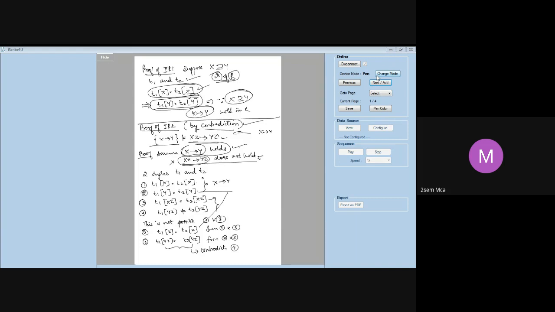Now if you look at 2 and 5, 2 says T1 of Y is equal to T2 of Y. 5 says T1 of Z is equal to T2 of Z. I can always combine them. So if I combine these two, I can say T1 of YZ is equal to T2 of YZ. Now look at 4 and look at 6. Both are contradicting each other. In 4, you have said T1 of YZ is not equal to T2 of YZ. In 6, we say T1 of YZ is equal to T2 of YZ. Both are contradicting. Hence, our assumption does not hold. Hence, the rule is inferred and the rule is proved.